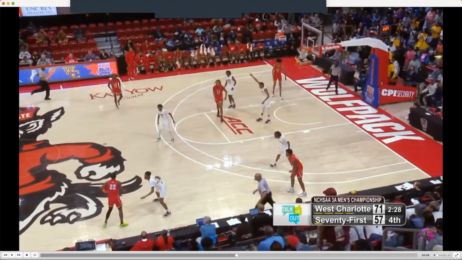And if the slot and the trail both end up at the baseline momentarily, because that's just the way it ended up, that's okay. We can work our way out of that. But if we both end up at the free throw line extended and there's nobody at the baseline, we've got a problem. So I think, to pick up on what Rick has said several times in this clinic discussion,